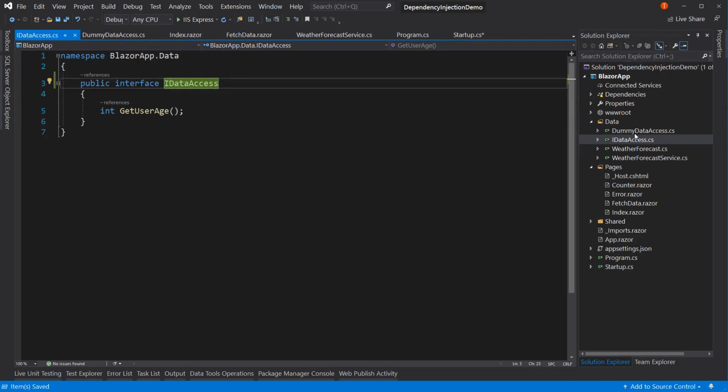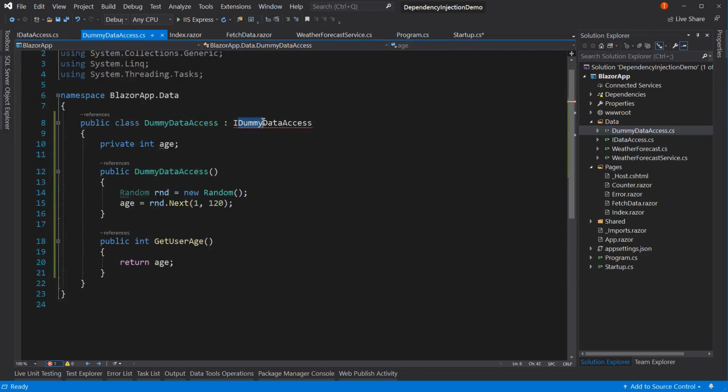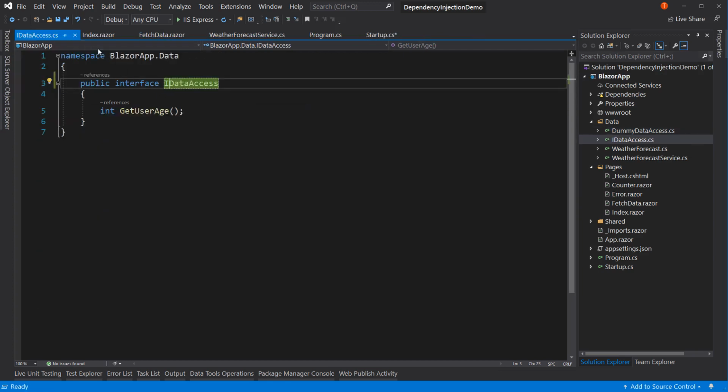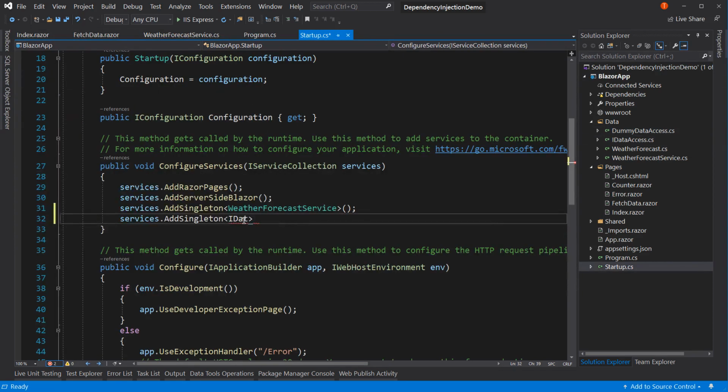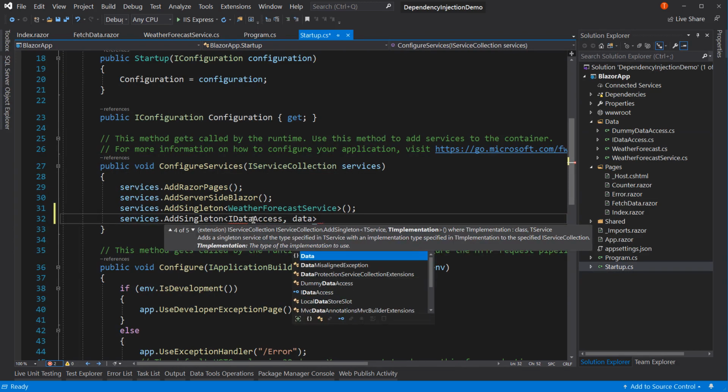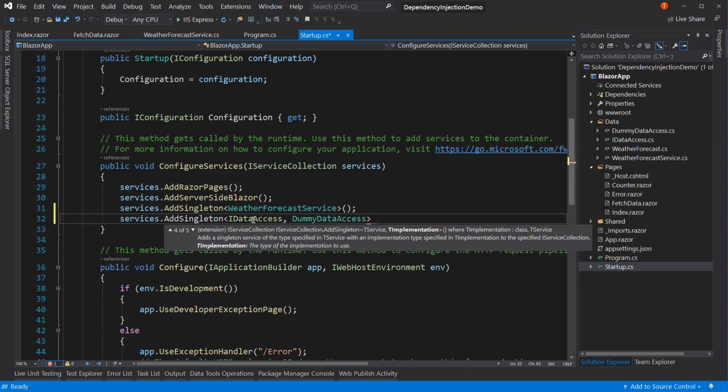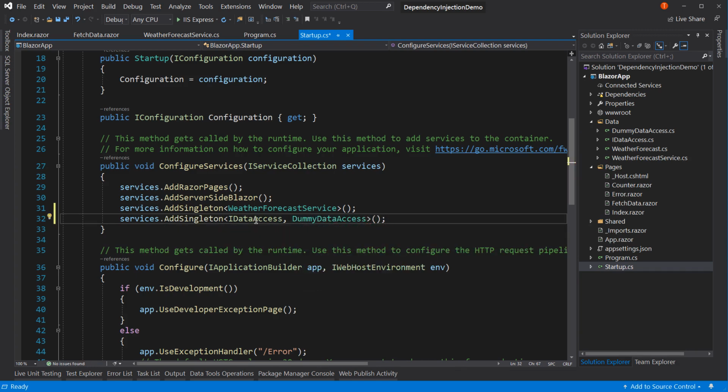And that's not right. That, I believe, is a glitch in Visual Studio. So IDataAccess and DataAccess. Oops, DummyDataAccess. Okay, so what am I doing here? Well, I'm adding DummyDataAccess as